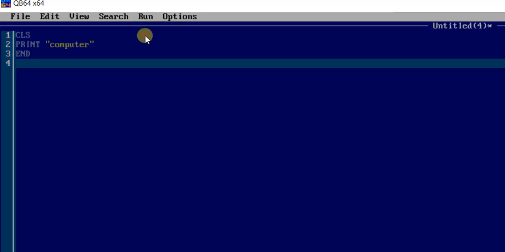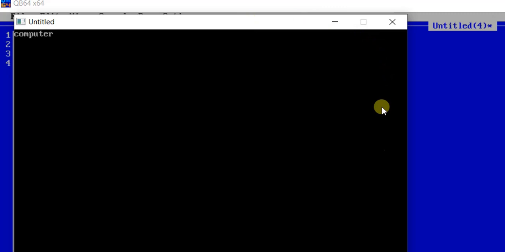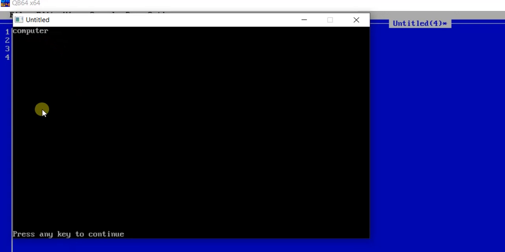So if we click on run, start, it will take some time, then it will display a black screen. This is the output screen where the result of your program is shown. As I have printed computer in my program, it is showing computer here. Now to exit this screen, either you can close from here, or it is written here, press any key to continue.